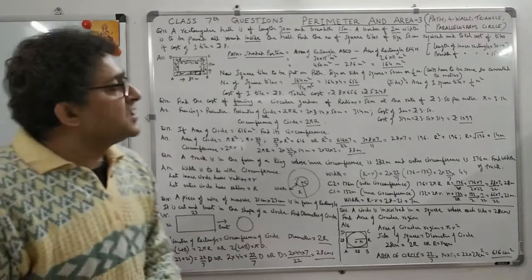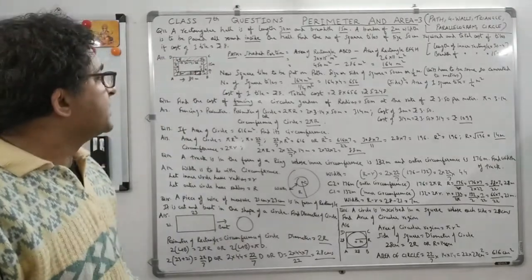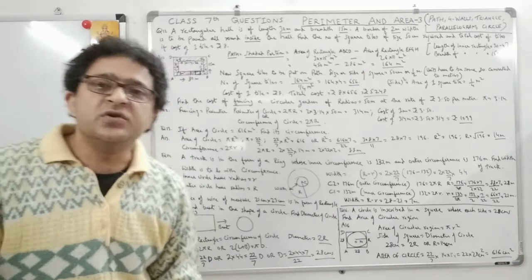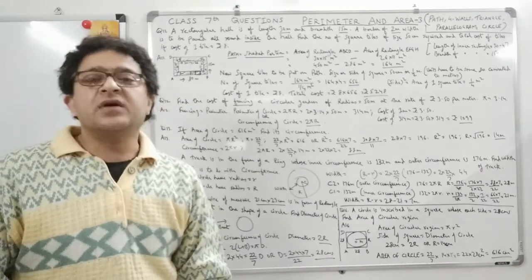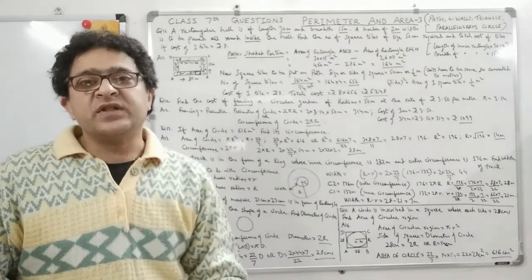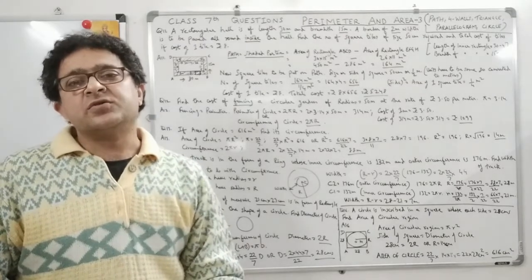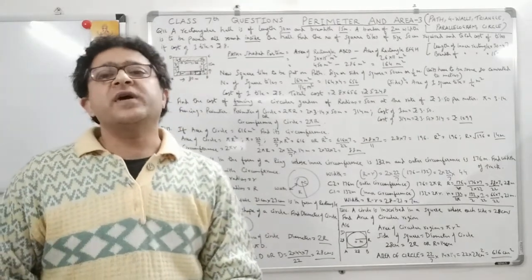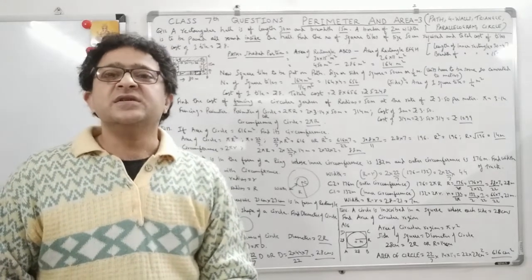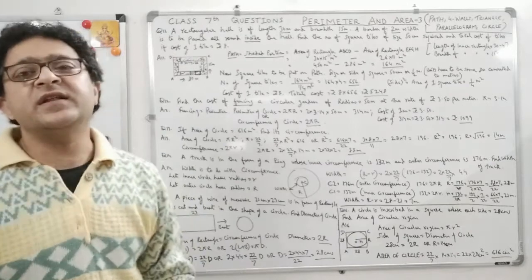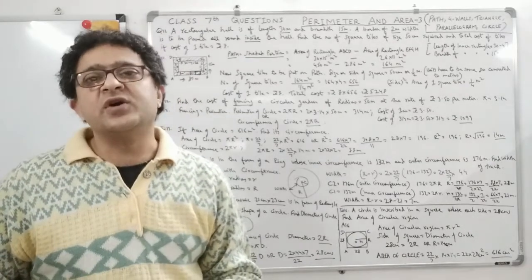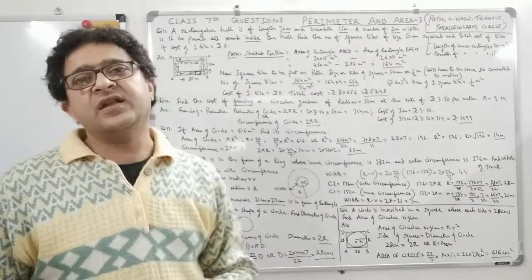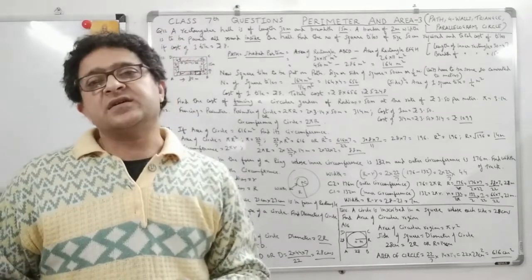Okay, one more thing. In the concepts, in one of the places, I have made a correction. If you go through the perimeter and area concepts in the table, you just remember one thing, that the path is always to do with the area. So in the circle, wherein there is mentioned 2 pi R minus 2 pi r, that is when two concentric circles are given to you and the circumference is given for both the circles, and you have to calculate the width. So in the table there was a correction which I have done.